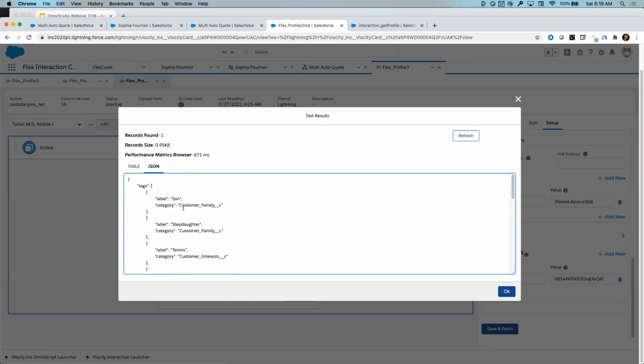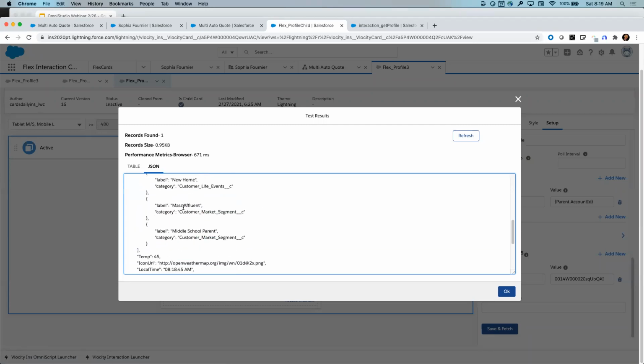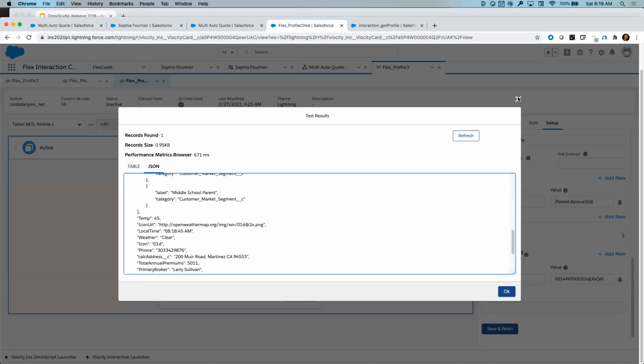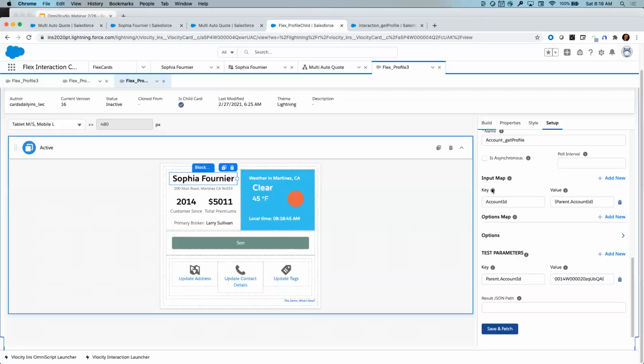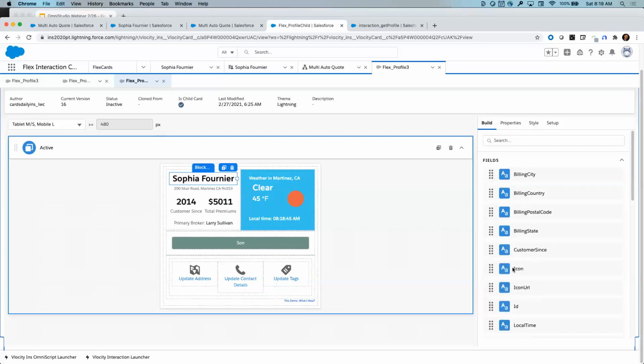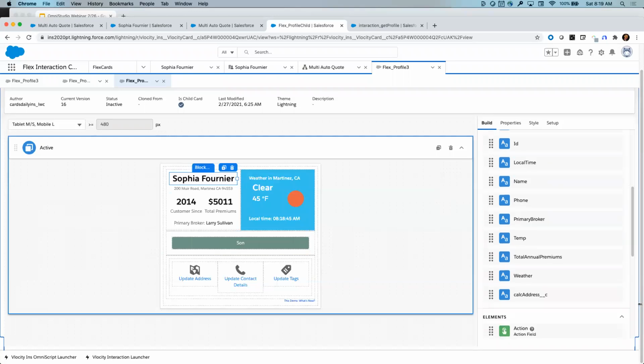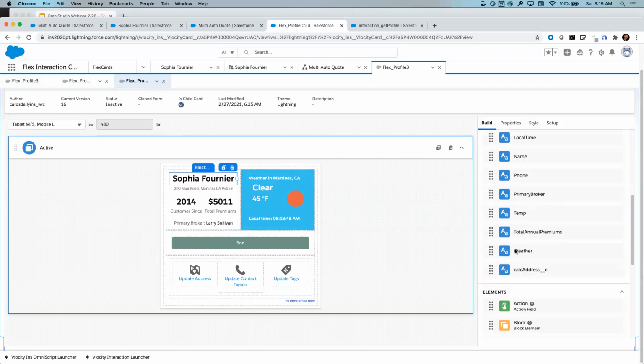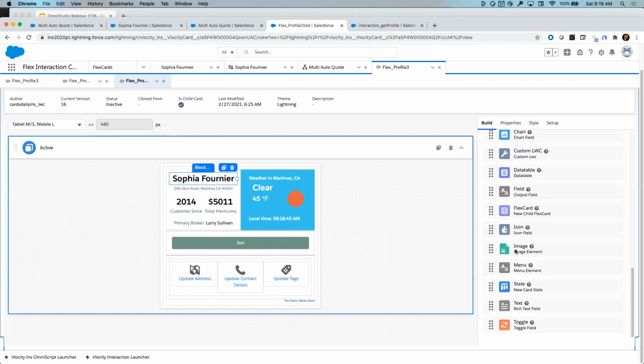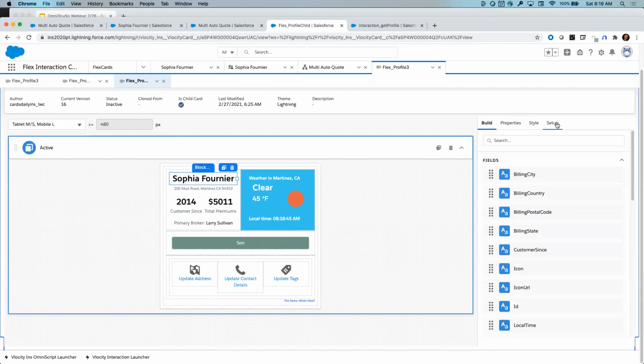So this is the data that's coming back from this request, and here you can see the field. So I could pull these in here, or I could put them into like a rich text box. So there's a lot of power there. You can also configure these